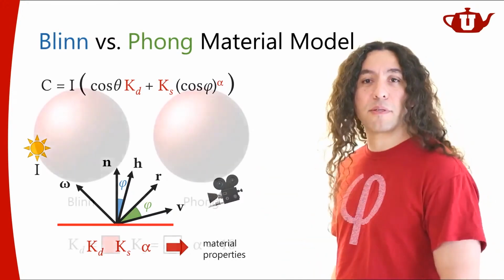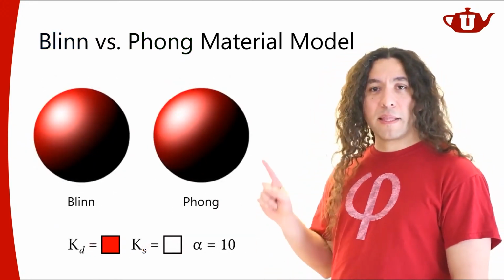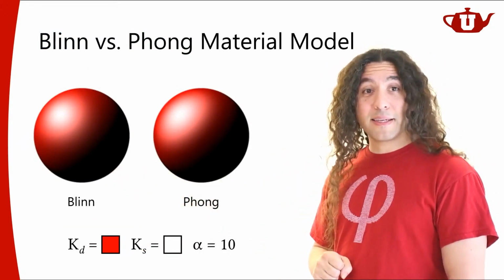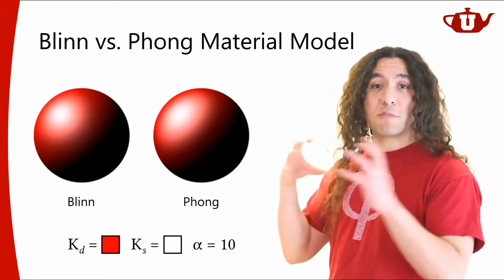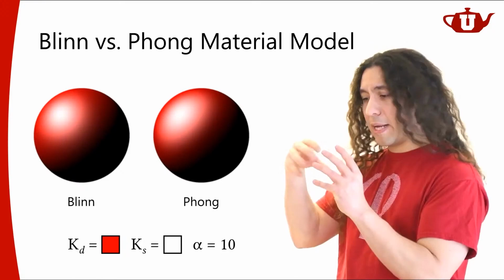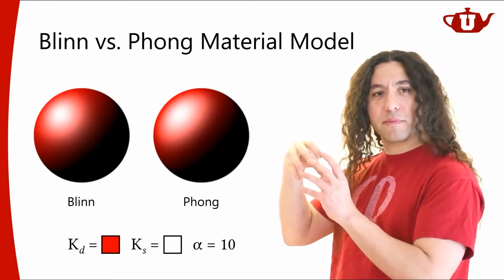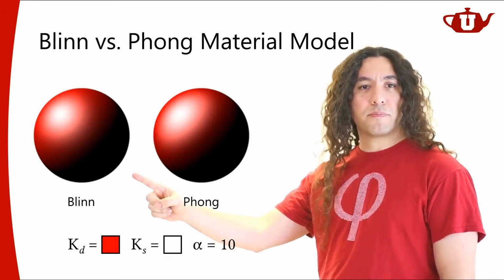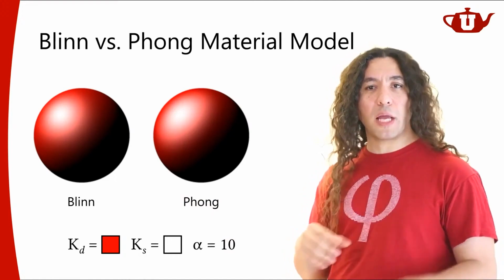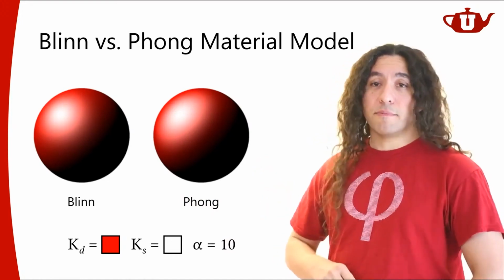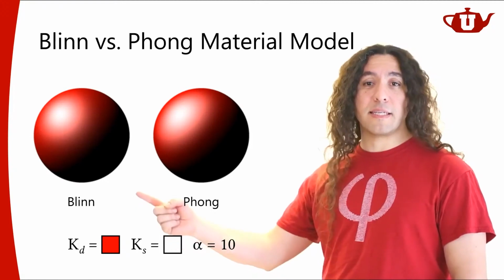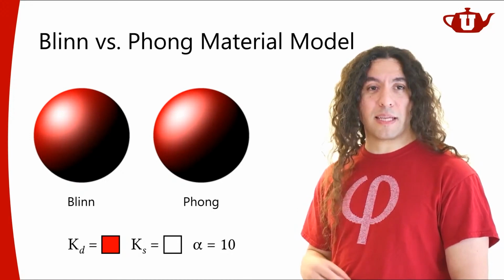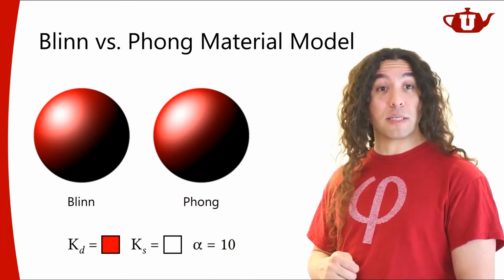So let's see a couple of examples to see what that will look like. Now here's the Phong model, and over there is the Blinn model. As you can see, yeah, Phong has a larger specular lobe, but it's also sort of elongated based on the surface direction, right? And this is more circular. So Blinn would give you a more circular shape than Phong. And Blinn argued, I believe a lot of people agree, that this is a more realistic looking specular reflection shape. That's more representative of what light actually does.